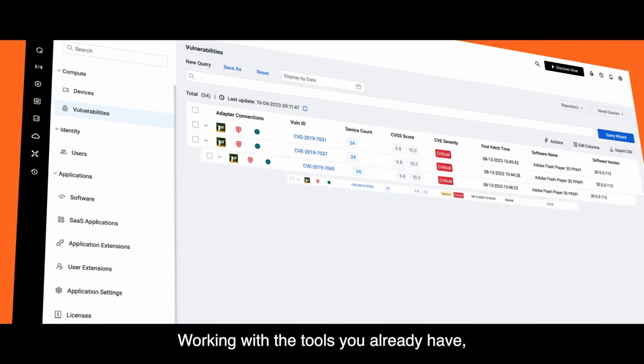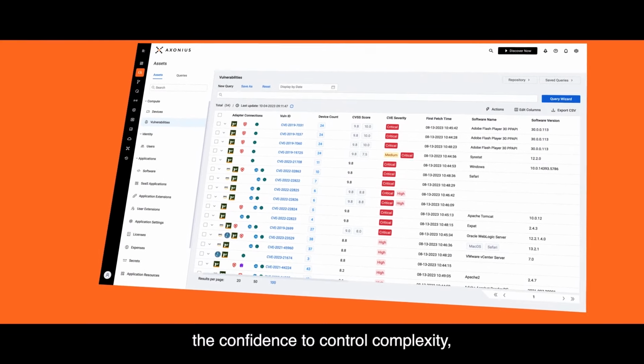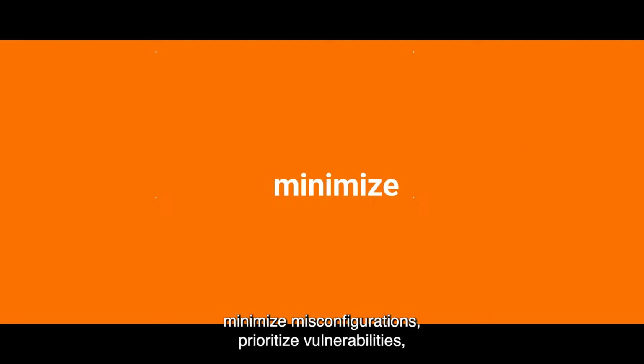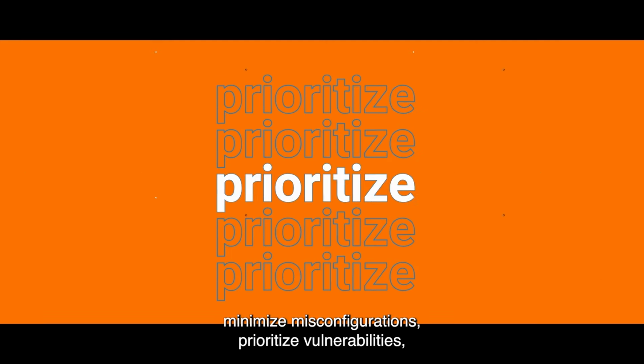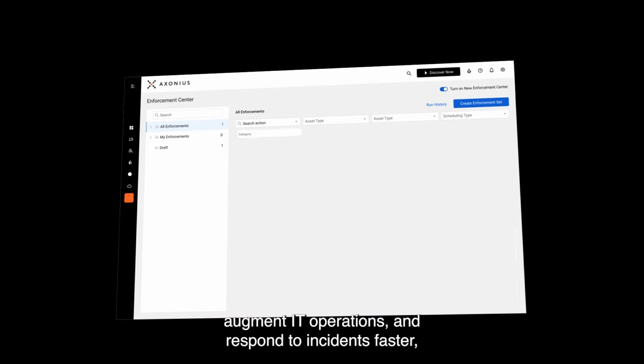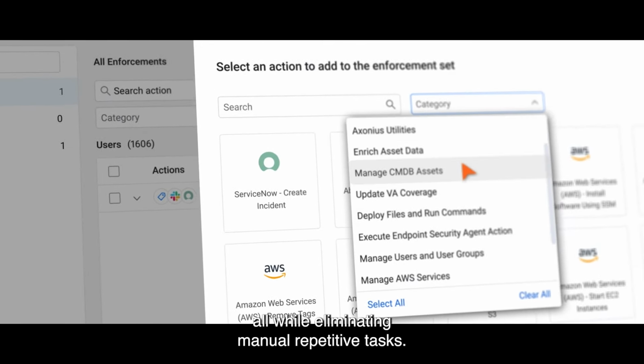Working with the tools you already have, Axonius gives your IT and security teams the confidence to control complexity, maximize security control coverage, minimize misconfigurations, prioritize vulnerabilities, augment IT operations, and respond to incidents faster, all while eliminating manual, repetitive